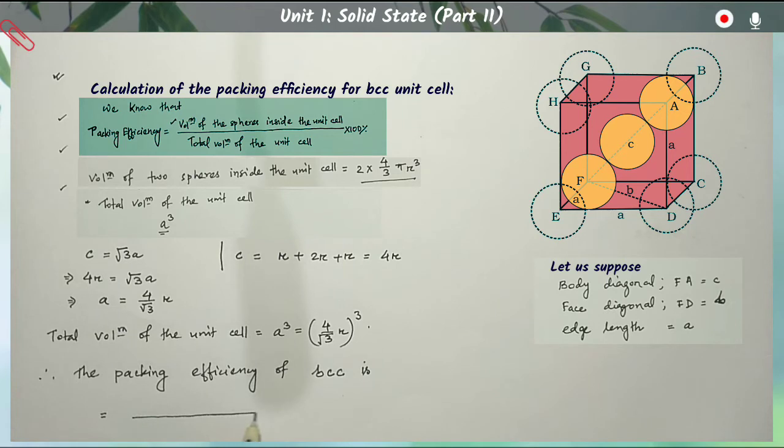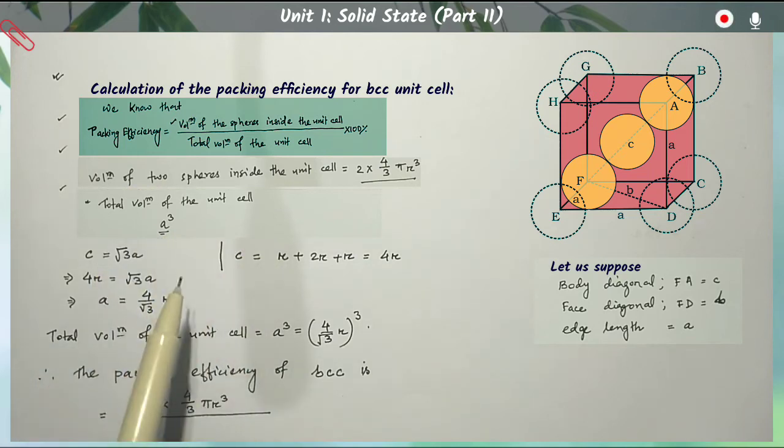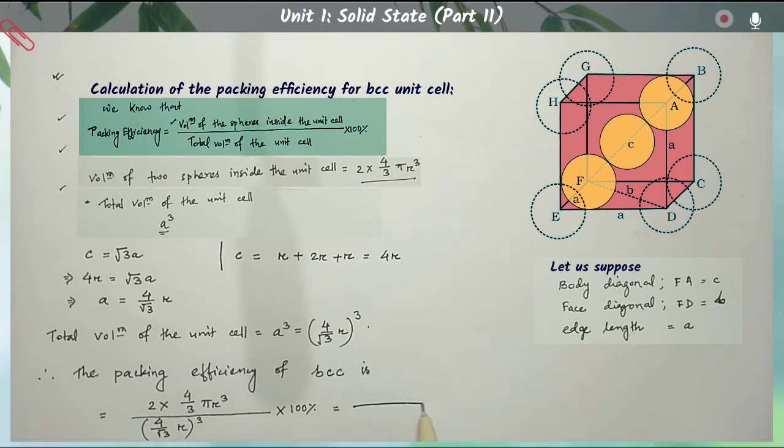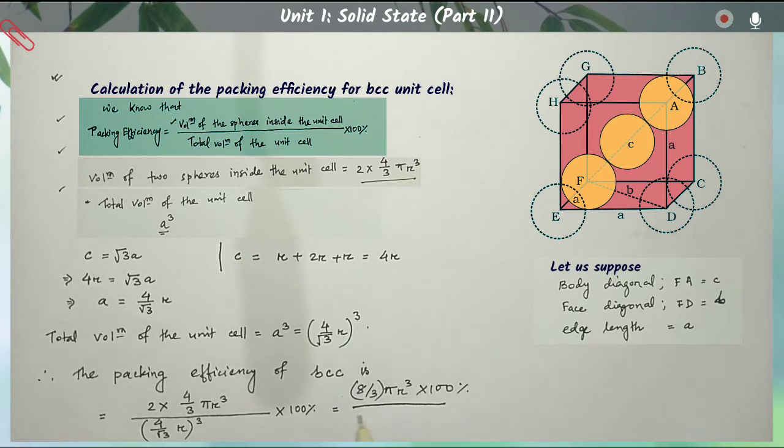So in place of the volume of the sphere, we can write 2 into 4 by 3 pi r cube, and in place of a cube, so that means the total volume of the unit cell, we can write 4 by root over 3, r cube. So it will be equal to 8 by 3 pi r cube, in bracket, into 100% divided by 4 into 4,